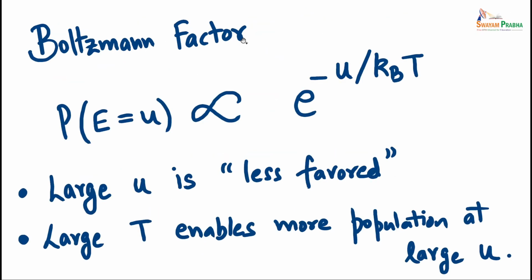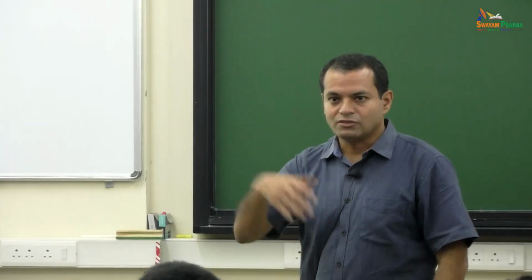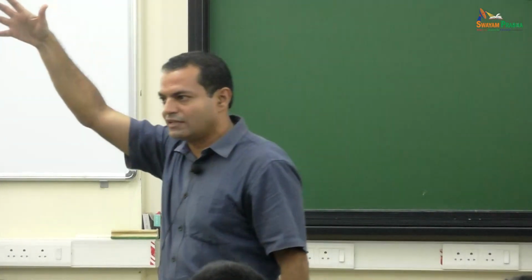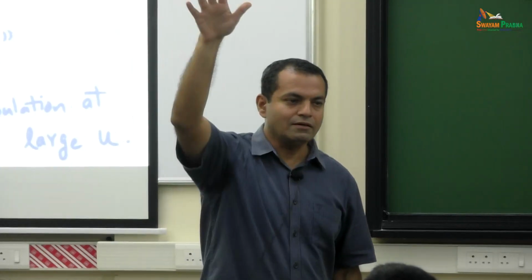A very important idea in thermodynamics is the Boltzmann factor, which gives us the probability that one or the other state will be occupied. The probability that the energy is equal to U is given by e raised to the power minus U by kT, not just for this problem, for every other problem you will come across. That means if the energy is more, the probability of going to that state is less, but it's not zero. Therefore, gas molecules can be there high up where they have some potential energy compared to the gas molecules near the floor. There is a change in the probability, that's all.